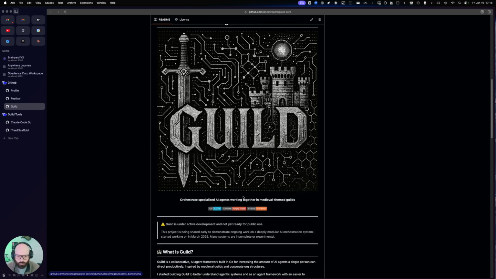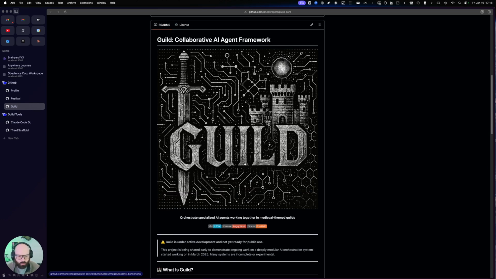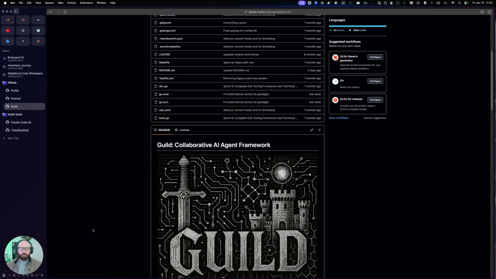And it kind of evolved into this massive, basically, research project. So one of the core concepts of Guild was this planning methodology that turned into Festival. And another one was campaigns, which is the AI workspace. Before I started using CLI coding, the way I was using AI to build projects is I'd always start with